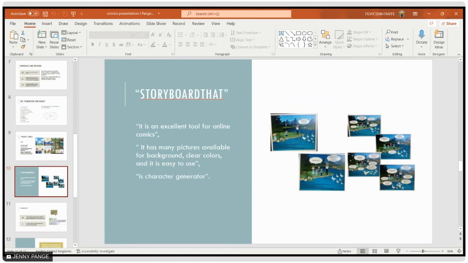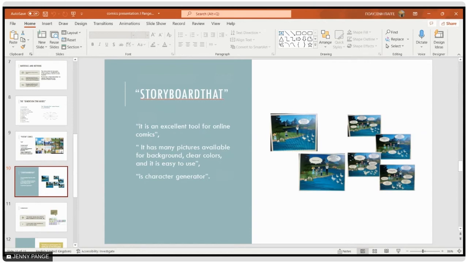It was an excellent tool for online comics that had many pictures available for background, clear colors, because that gives a very good impression to children. Children like to see nice pictures, different pictures. They like to see different backgrounds, clear colors. So it was very easy to use and very useful for them in order to create these comics and then to address those to children and do the microlearning.